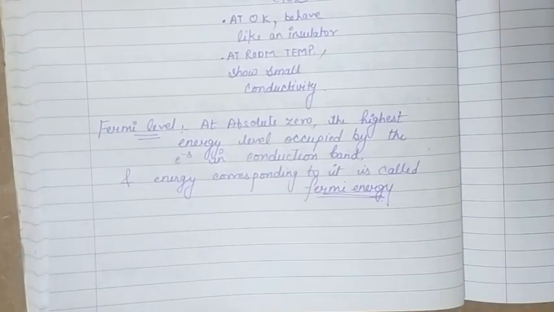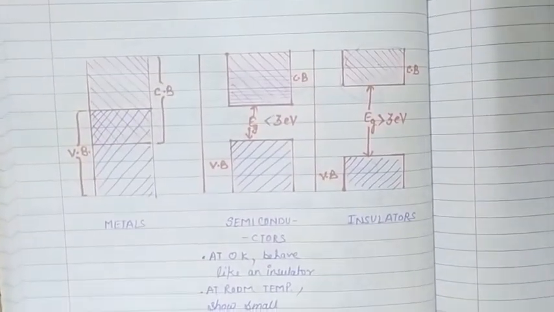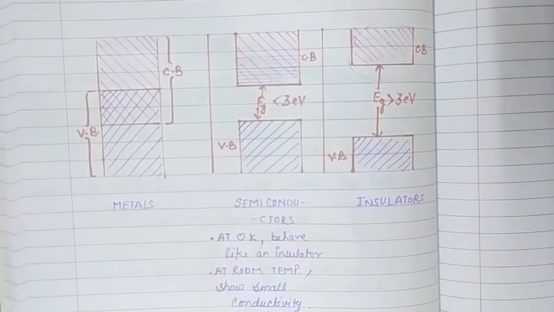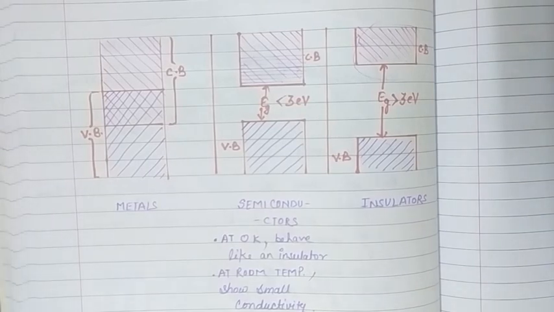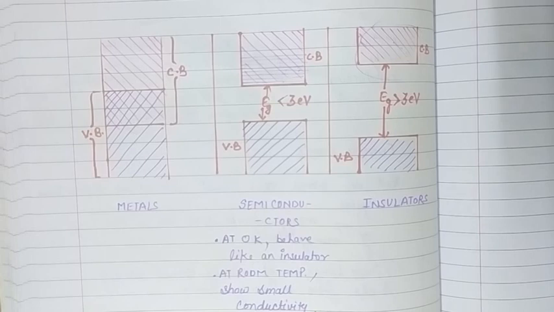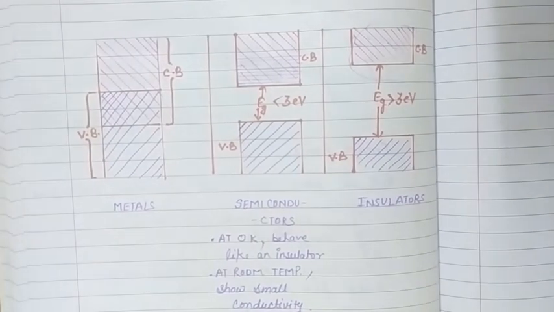So that's how we can differentiate between metals, semiconductors and insulators on the basis of band theory. Semiconductors are solids that have conductivity in between metals and insulators, and we use semiconductors in electronics because we can control their conductivity by various means. So that was the basic introduction of